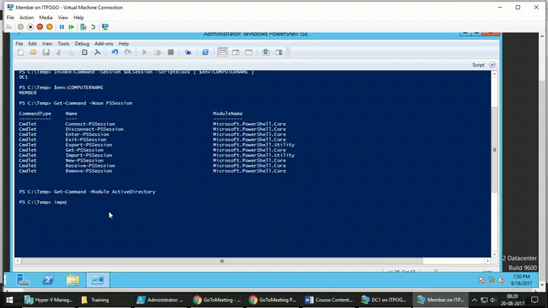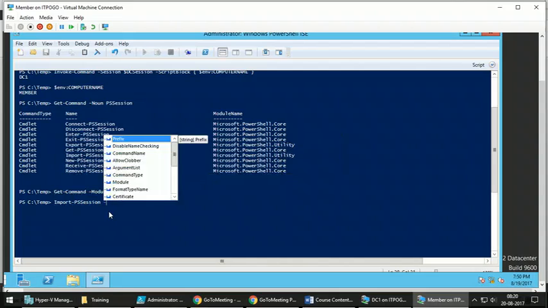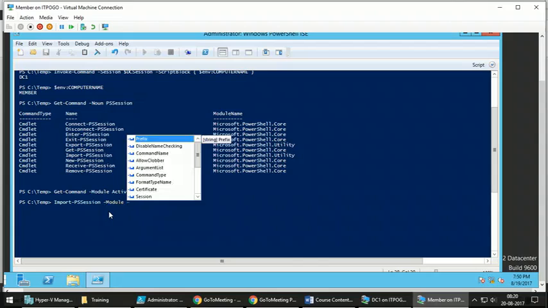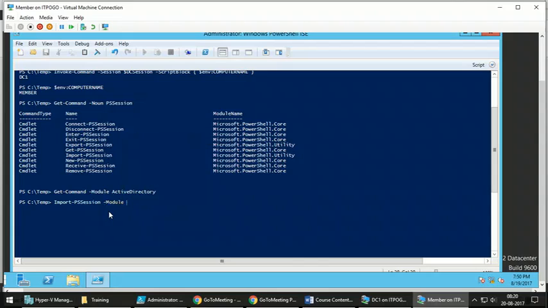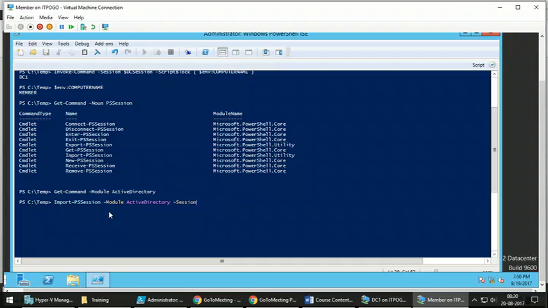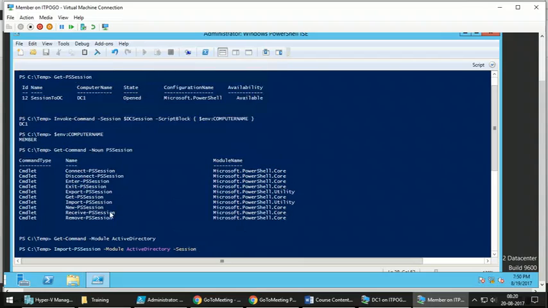When you say Import-PSSession -Module ActiveDirectory, and the session object you will provide is, what was the name, $DCsession.